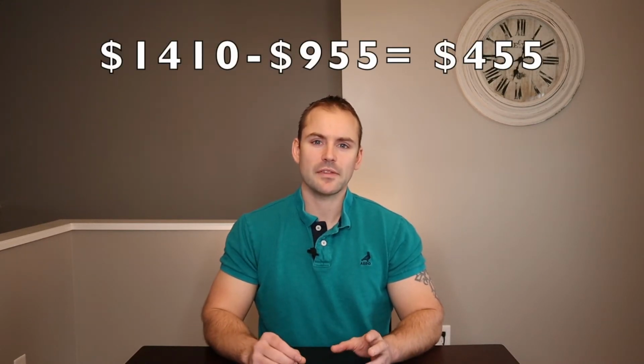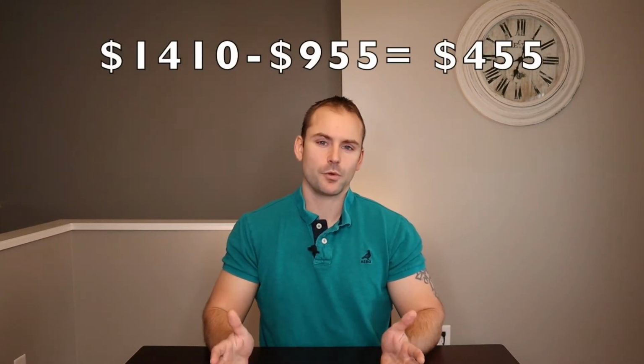In that example, that was using the current rates today. So the difference between the monthly payments is $455. And if you take the interest paid over the whole term of the loan from the 30-year versus the 15-year, that's $90,000. If you have your mortgage paid off in 15 years, that next 15 years you're going to be